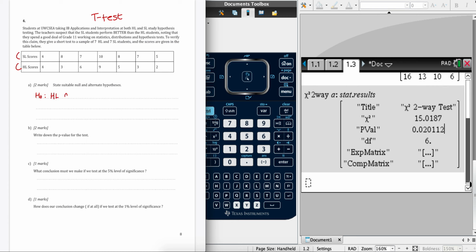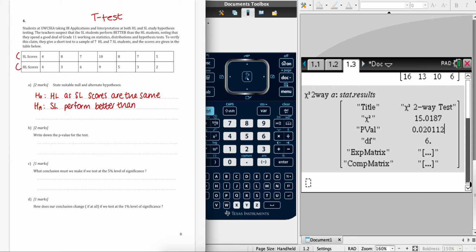So HL and SL scores are the same. And the alternative hypothesis that we're testing is whether the SL students do better. Okay, so that's in the question. So SL perform better or get a higher score, whichever you want to use,